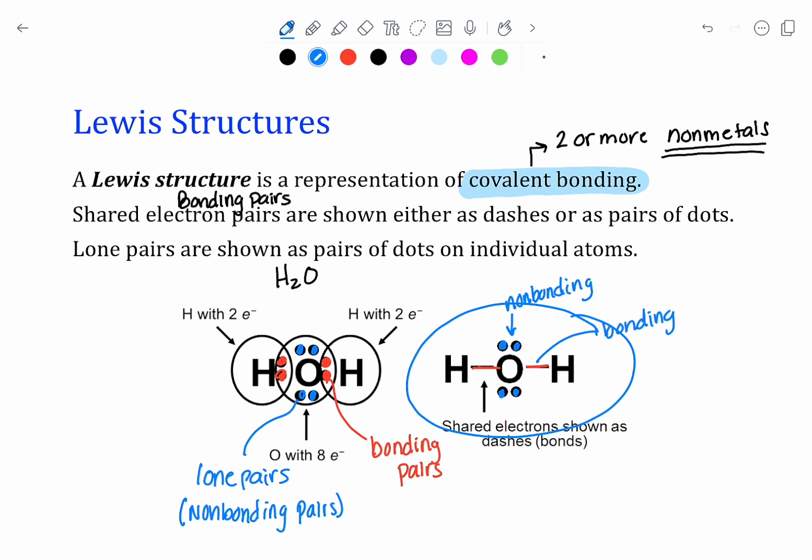So I'm going to be drawing these structures for the remainder of this lecture, outside of some of our practice problems, in this form, where I have my shared electrons as dashes and my lone pairs or my non-bonding pairs as dots. Okay,